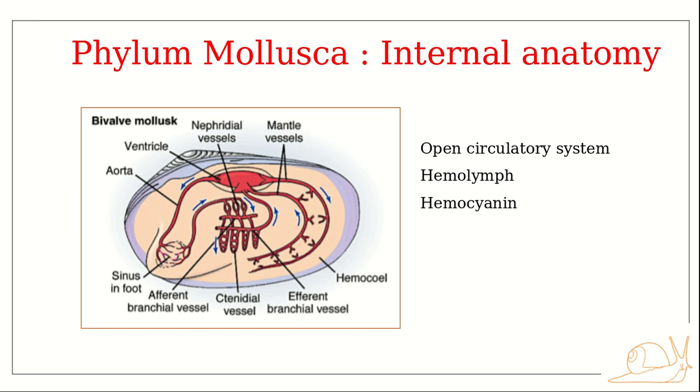So this is about the circulatory system. As already mentioned, it is an open circulatory system with a chambered heart. We could see a single ventricle and a different number of auricles there. We already mentioned that it is a myogenic heart, and they have the hemocoel. The hemolymph travels through sinuses and lacunae. It is never completely confined within vessels. Then it is hemocyanin, the respiratory pigment.